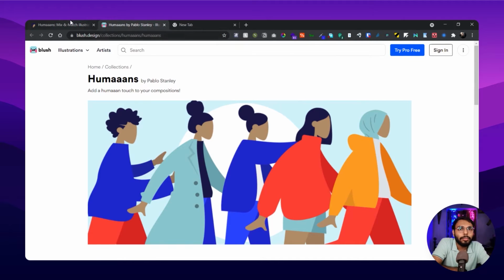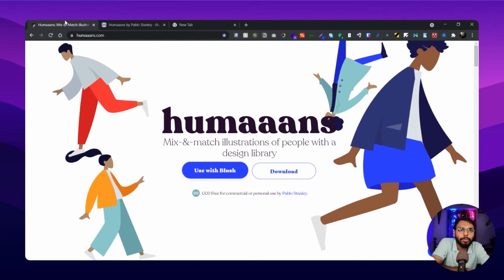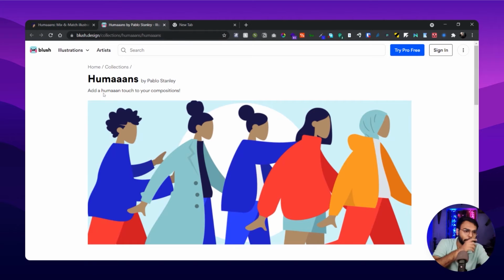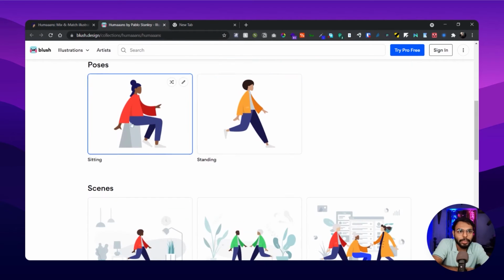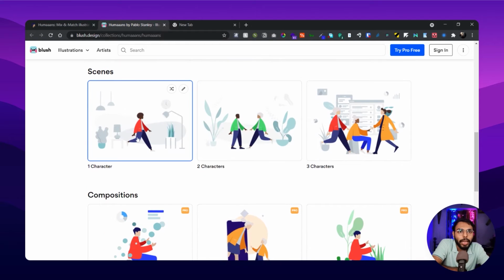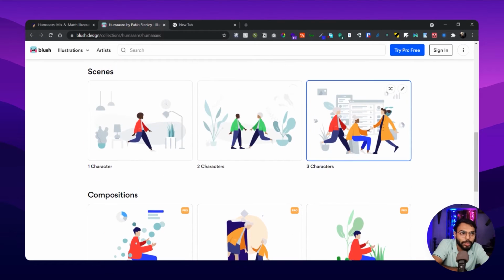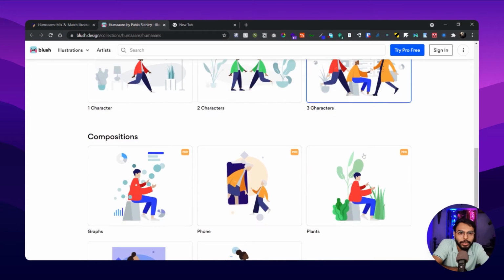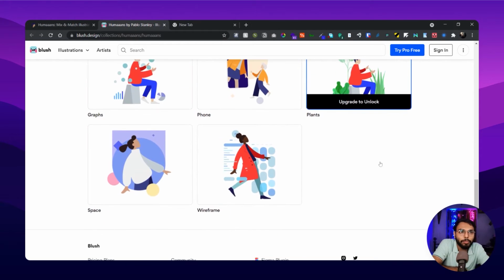So if you click on Use with Blush, you will be redirected to this page, and here you can see some of the basic poses. One is sitting, one is standing, and there are some basic scenes also, like one character, two characters, three characters, and lots of other compositions.